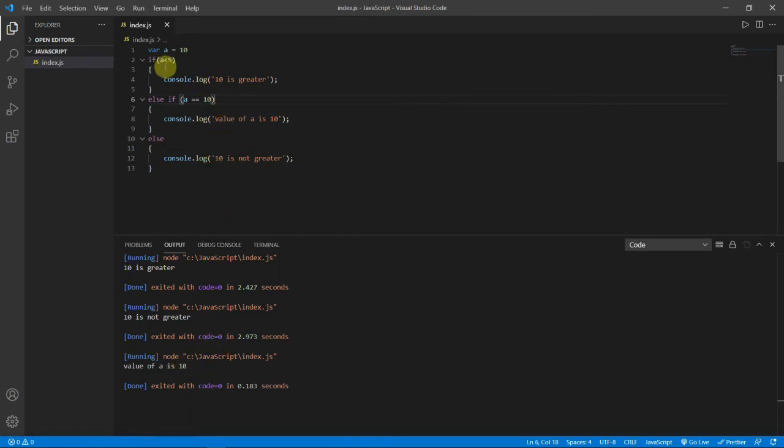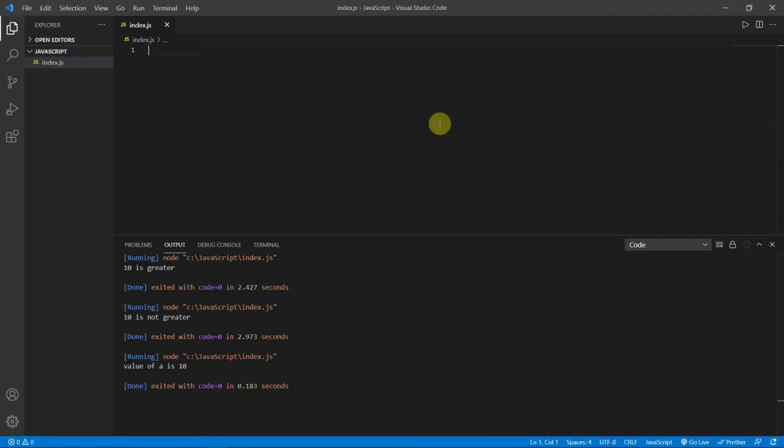So this is the basics of conditional statements. It is similar to any other programming language: if and the condition and then the statements, else if condition and then the statement, else and then the statement. Else will not have any condition, because if any of the others are false, then obviously this will run. So this is the basics of conditional statements.